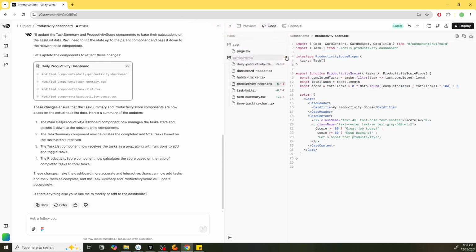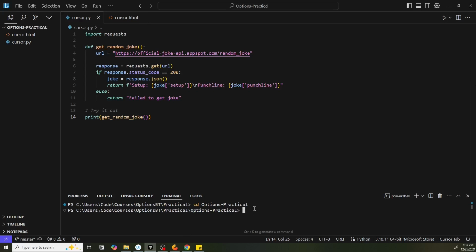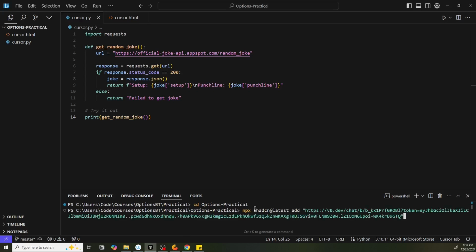But if you want to do it such that this replaces your code base, or maybe this is the first step in your development, so you don't really have any other code, what you can do is you can just come here, click on add to code base. You can download the entire code base as a zip file, or you can actually do this, which is going to allow you to copy, and then you go over to the terminal, paste, press enter,